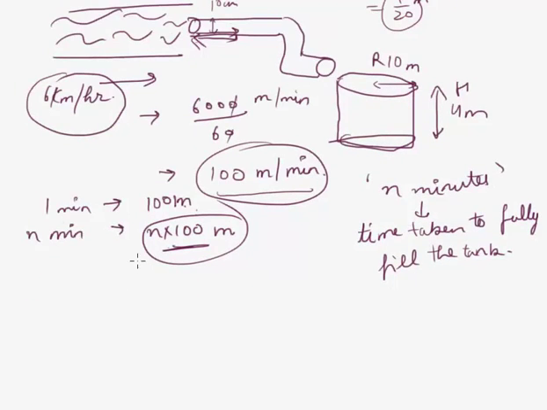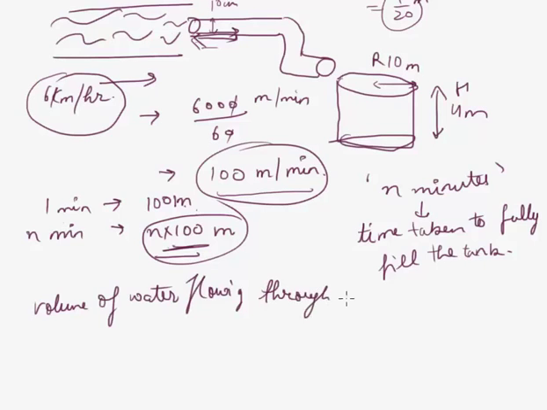So in other words, we need n into 100 meters of length of this pipe if we have to fully fill this tank. So the volume of water flowing through the pipe in n minutes will be,